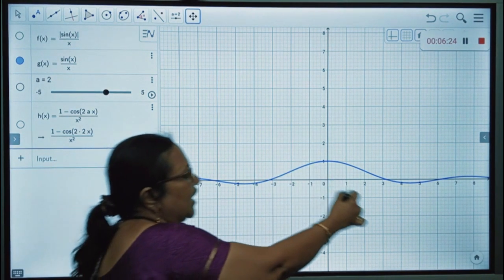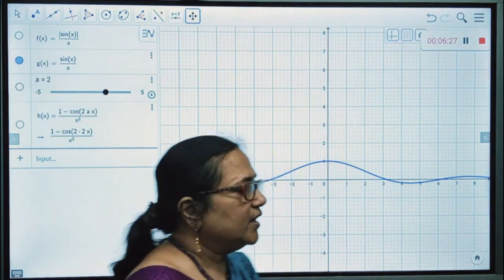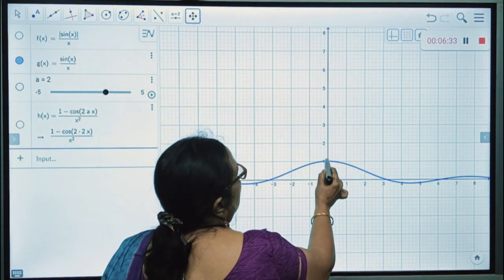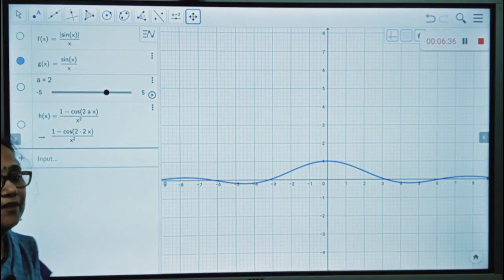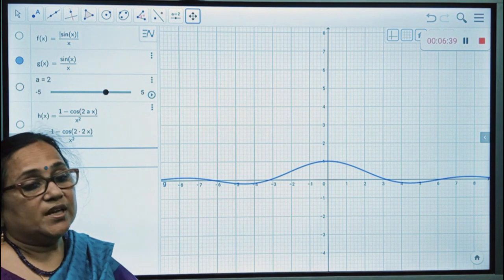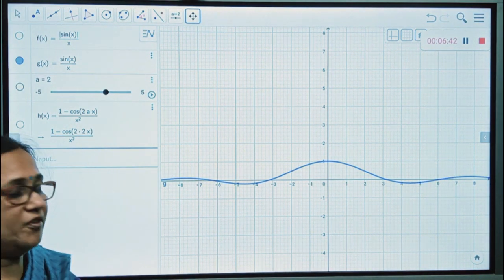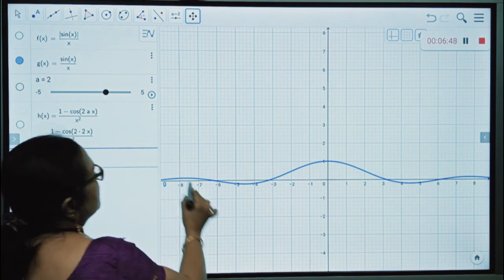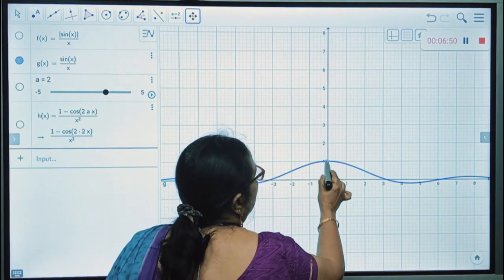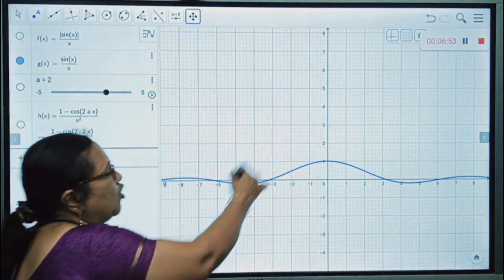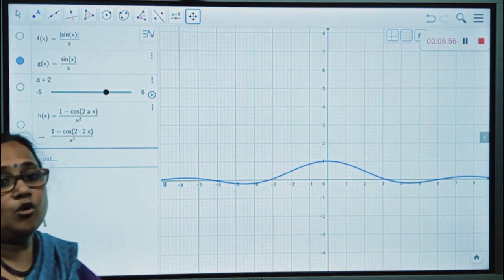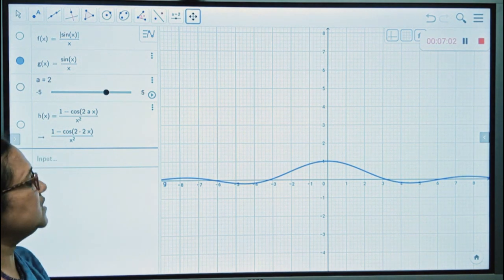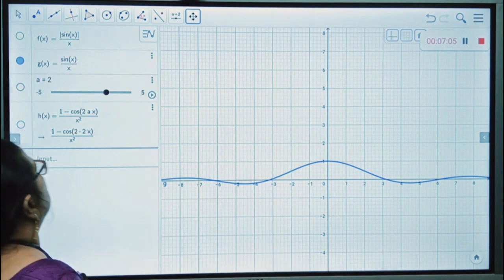You can see first of all the graph is continuous. There is no break in the graph. And sin x by x tends to 0 is 1. That also you can see, f of 0 is 1. So from the graph also you can check whether a function is continuous. So a graph gives us a lot of information about the function. If you look at this function f of x equal to sin x by x, what do you observe? That as x tends to 0, f of 0 is 1. And there is no break in the graph. I can draw the graph without lifting my hand. And this is how the graph of the function also looks. This is sin x by x for you. It's a continuous function.